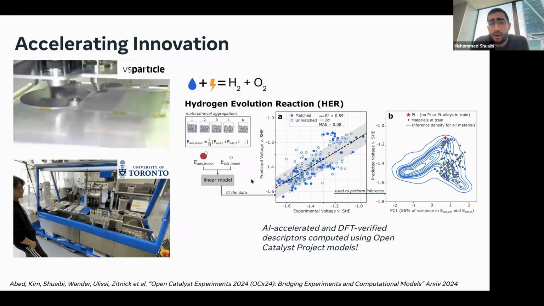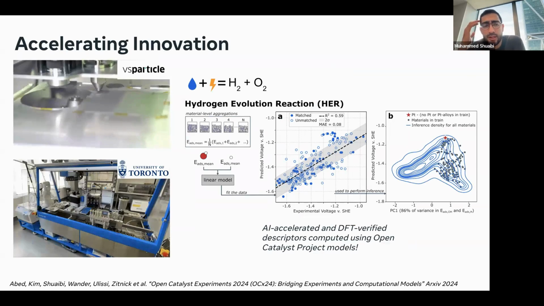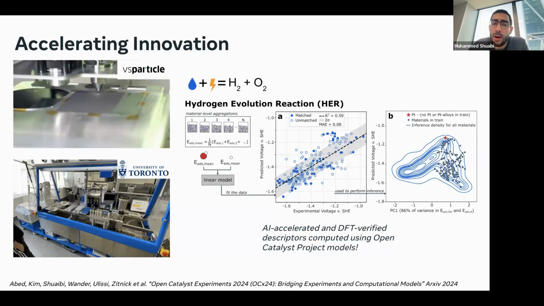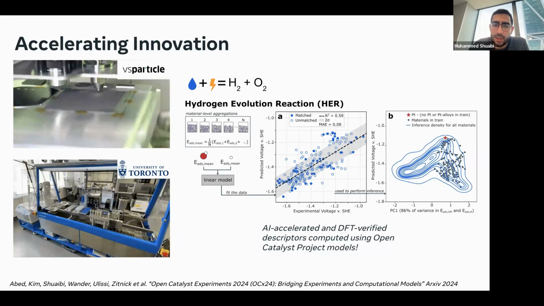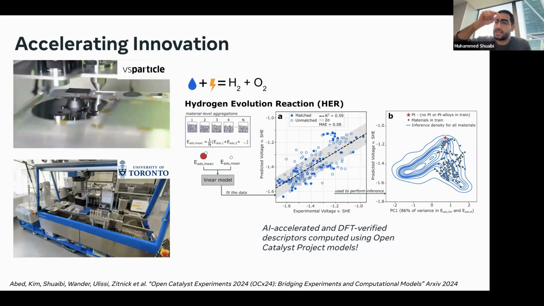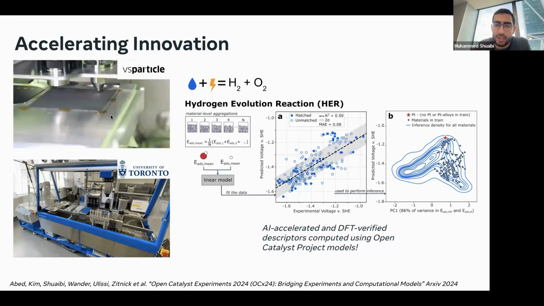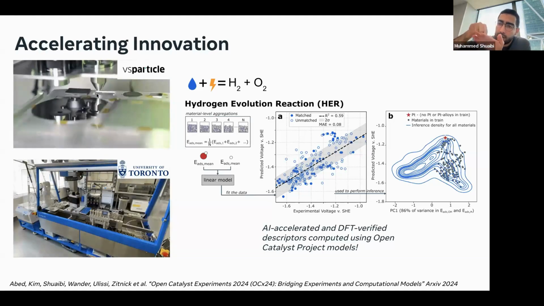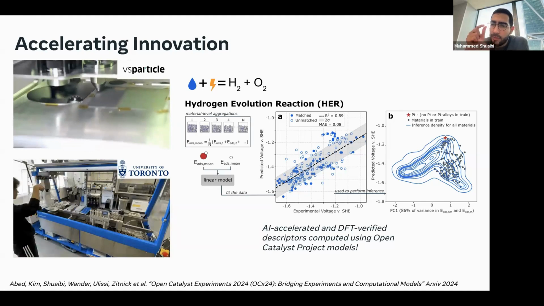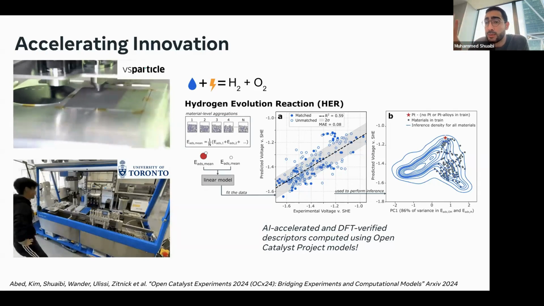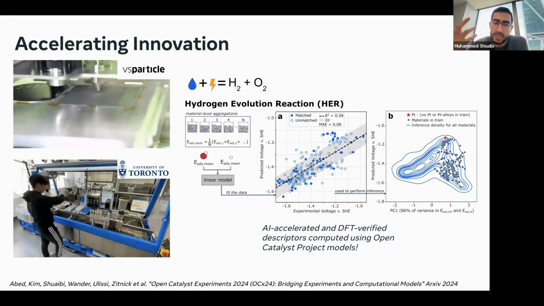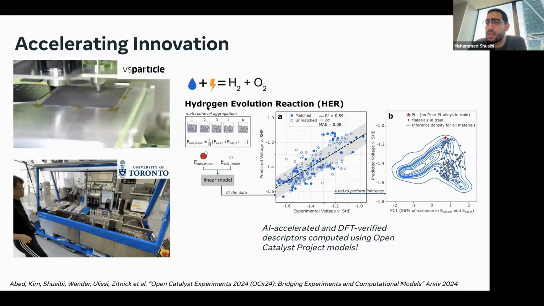So that's exactly what we did. We partnered with industries and other academic labs. This is the University of Toronto, and this is a startup in the Netherlands, VSParticle. And what they have is these automated robots to do chemical synthesis. So you can see this robot moving, mixing things together, and running these reactions. Similarly here, this is what we call a printer, where it shoots the materials onto the surface, and that's the catalyst surface that we're going to be using to study. So we partnered with both of these to generate a bunch of catalyst materials that we wanted to screen, and we studied this fuel cell problem that we talked about.